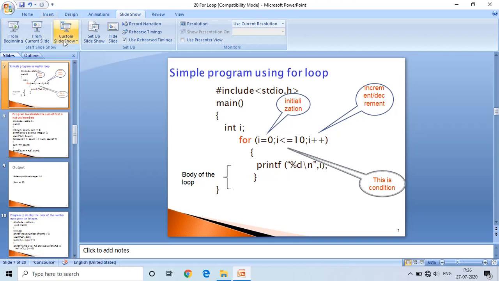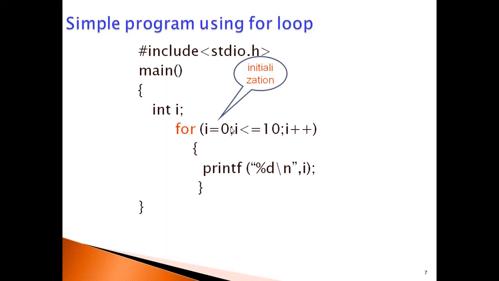The block of code, the instructions written within the for loop in between these curly braces, the printf, is executed multiple times. The first time it printed 0, and the next time it printed 1. Here we initialized 0, and it prints 11 times. By using the for loop, we are executing this single printf 11 times.